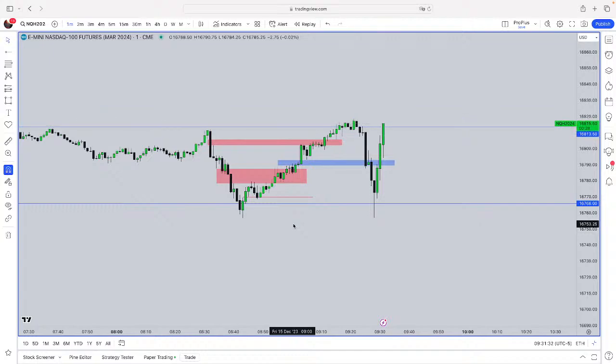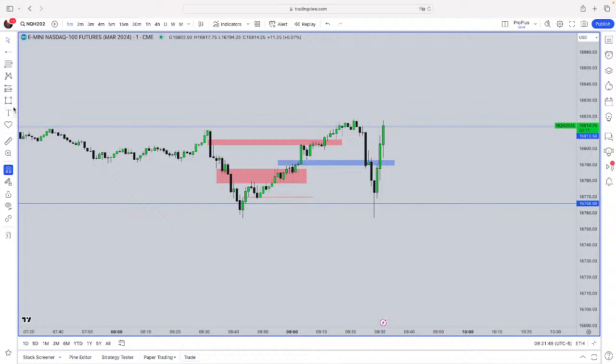What is the entry drill concept? I mean, there's different types of entry drills. An entry drill is things you see in the market in order for you to get in. So for me,